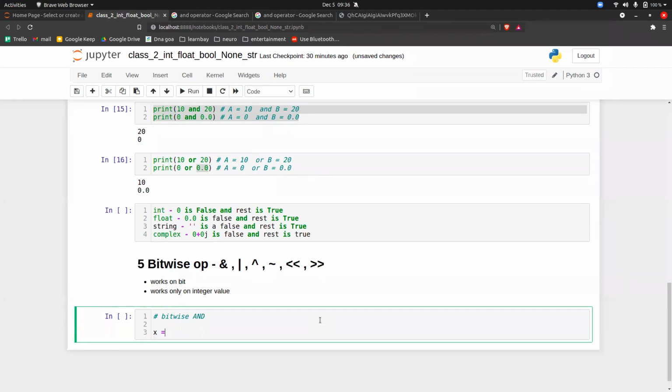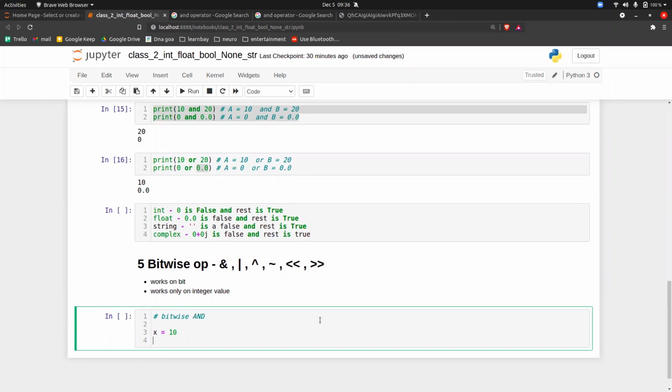So X is equal to 10, and suppose let's say Y is equal to 4. The first thing that you have to do is convert this 10 to its binary form. Binary is nothing but 1s and 0s.